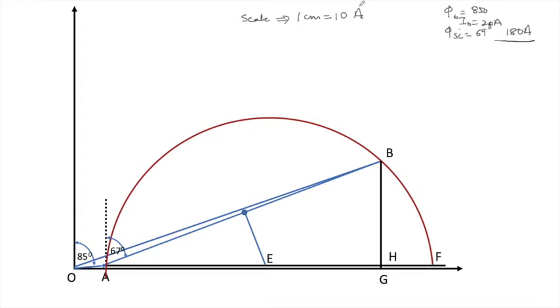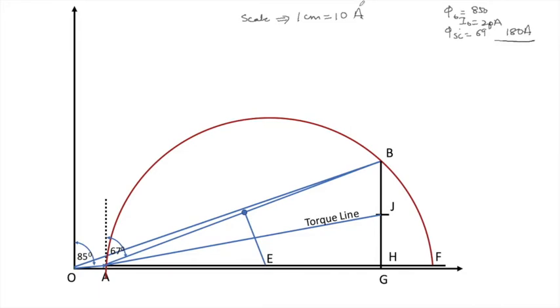HG is the no-load power loss, and we had been given that the stator copper loss is equal to the rotor copper loss at standstill. So if BH is bisected, we get the point J, because the stator copper loss and the rotor copper loss are equal. When we join AJ, this gives us the torque line, and that is the torque output of the given motor.